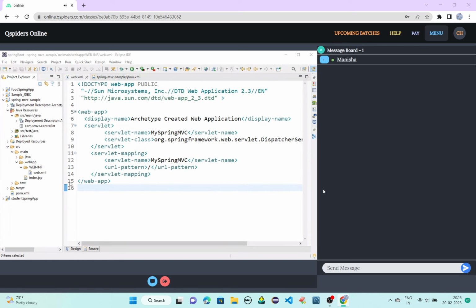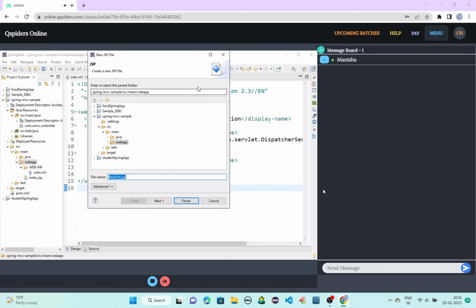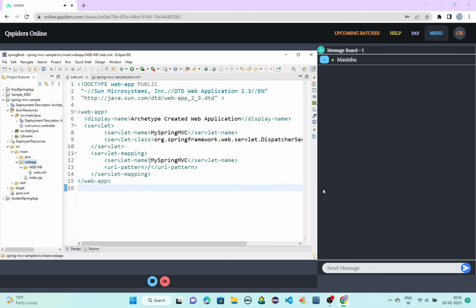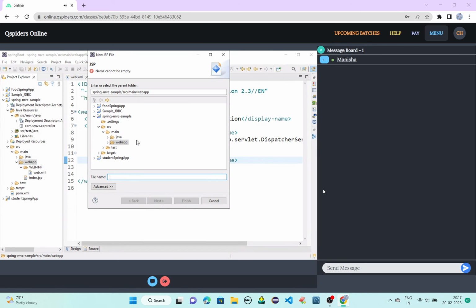Where you should give that configuration in your web app, just create a file with whatever name you have given for the front controller. So I'll just right click on the web app, here it is my Spring MVC. I just copy this, right click on the web app, JSP file, paste.